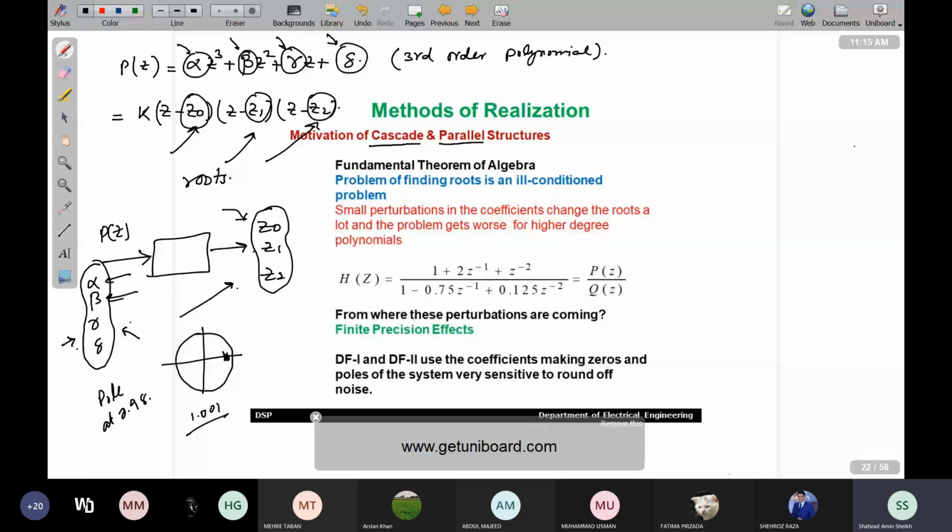Yes, everything will be fine, but at a time after multiplication, a time will come when those 64 or 128 bits will not be enough to accommodate my multiplications. As a result of that, my quantization error will be introduced, and as a result of that, these perturbations will be introduced. जी प्लीज, अगर आपको कोई क्वेश्चन हो इस सिलसिले में तो प्लीज पूछिए,